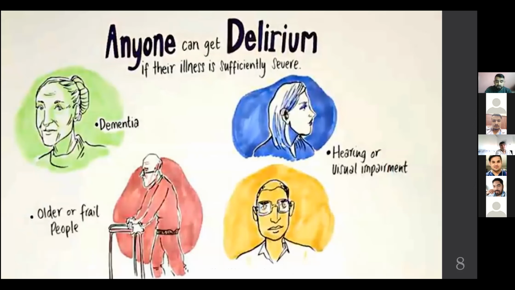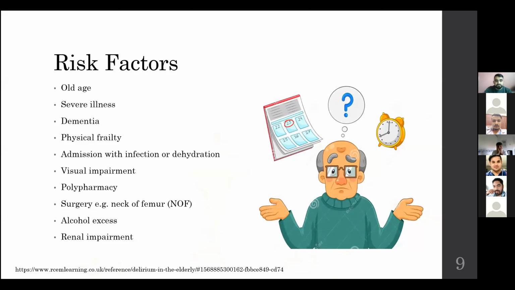Dementia, old age, and hearing or visual impairment can also give rise to acute confusion. So what are the risk factors? These are some risk factors listed in RKM learning: old age, severe illness, dementia, physical frailty, admission with infection or dehydration, visual impairment, polypharmacy, like if a patient is